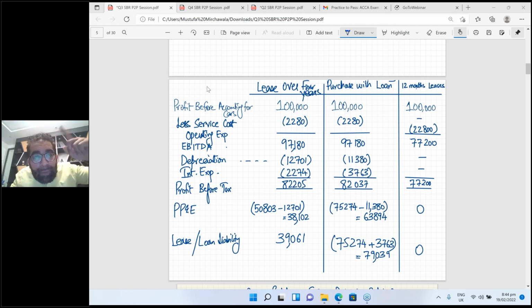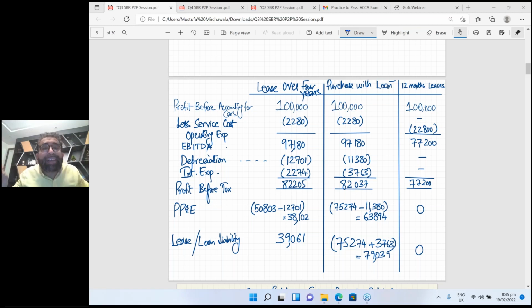In the question, the examiner openly told us that the profit was before tax and before accounting for all these options of cars. That means before accounting for depreciation, amortization, and any expenses related to these cars. So the moment you deduct the service cost, the profit that will come will be EBITDA, because right now